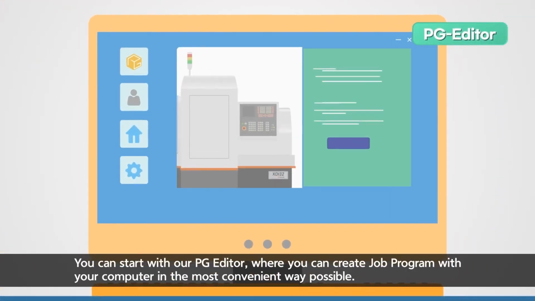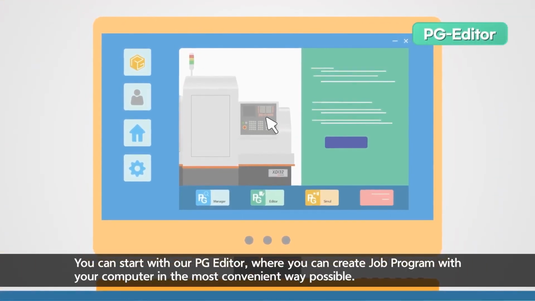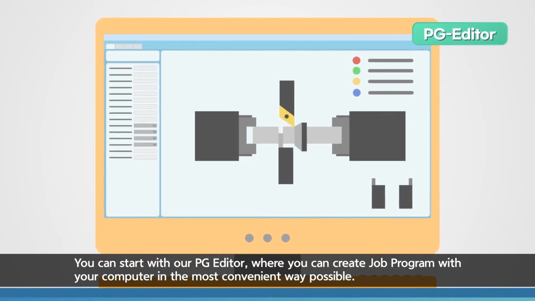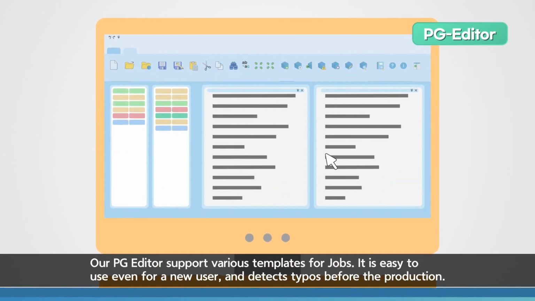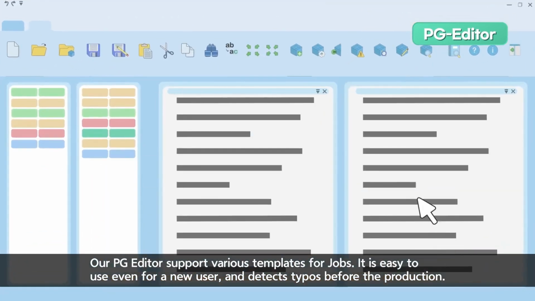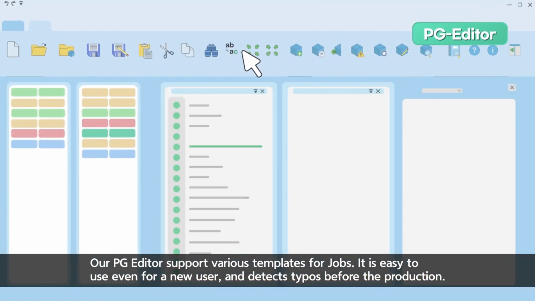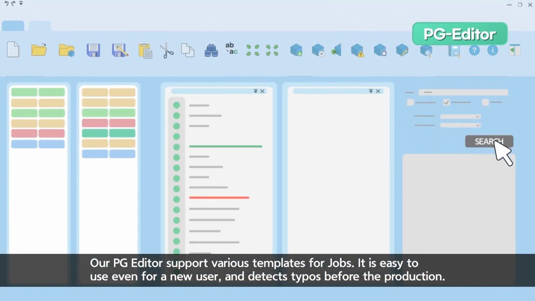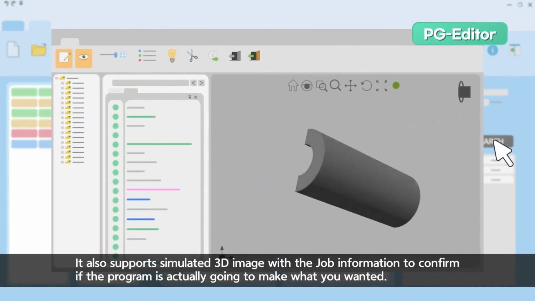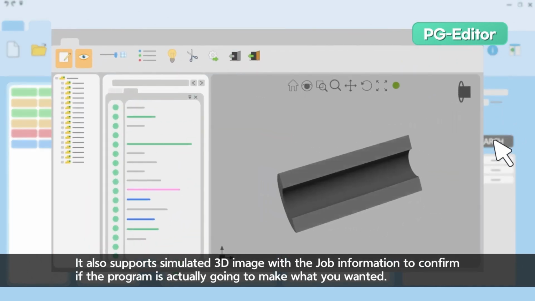You can start with our PG Editor, where you can create job programs on your computer in the most convenient way possible. Our PG Editor supports various templates for jobs. It is easy to use even for a new user and detects typos before the production. It also supports simulated 3D images with the job information to confirm if the program is actually going to make